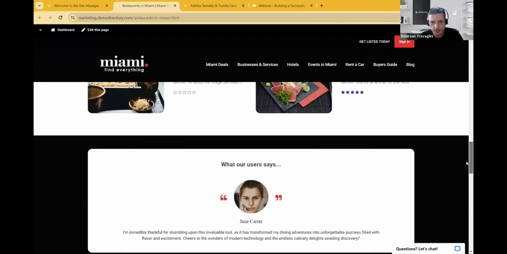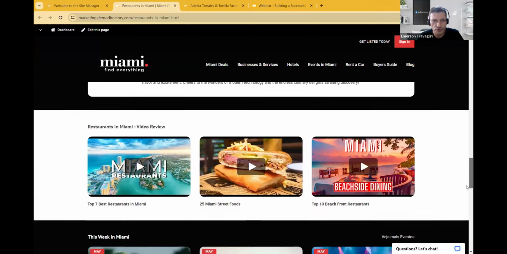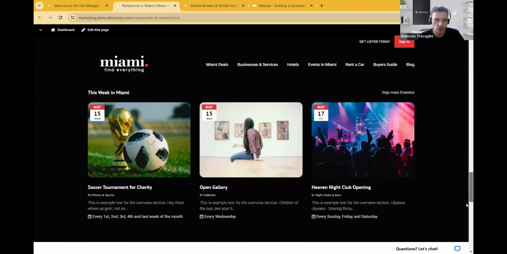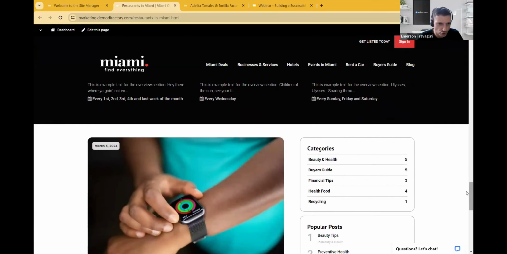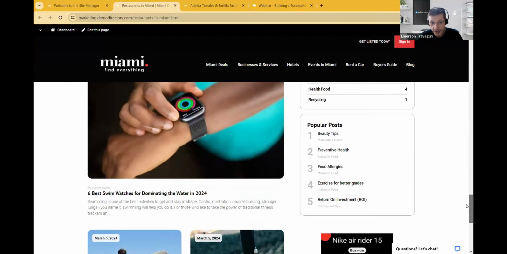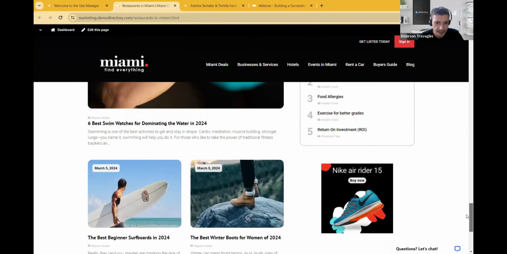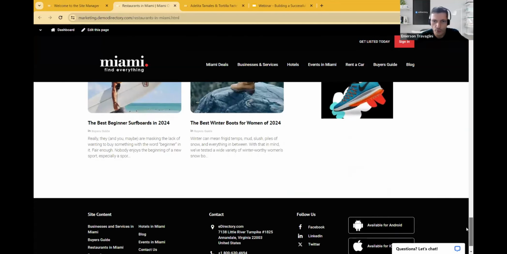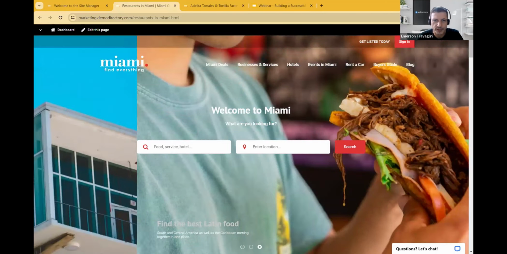Mexican, Japanese, and so on. Then we can put some testimonials, you can put videos, you can put the events on that week. So that helps people to discover content and navigate on our website. And the content that James mentioned about having this highly niche targeted directory. So things to do, places to go, where they accept pets, for example.